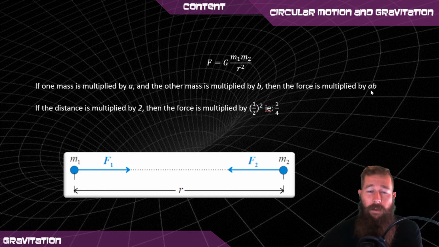larger. Now looking at the distance between the objects, if the distance between the two objects is multiplied by 2, the distance here, r, is multiplied by 2, but because that is the new distance, that is what is squared. So when we're looking at it in terms of the equation, it looks like this, where this 2 here is the doubling of the distance, and when we square it, the force is a quarter of what it was before. As the distance is doubled, the force is weaker because it's further away, and if it's doubled, the force is